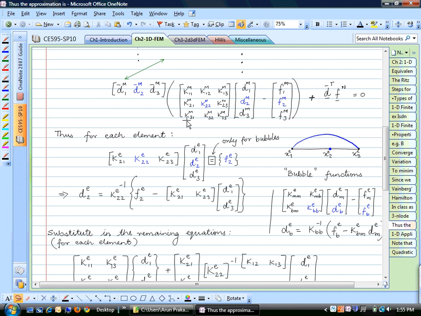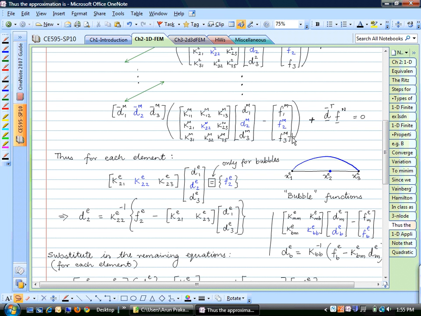So all I've done is exactly this equation, or this contribution, for a general element which has some m main degrees of freedom and b bubble degrees of freedom. Okay, and with the exact same formula that you have here, we can express the bubble degrees of freedom in terms of the main degrees of freedom. So all I'm going to do now is to take this formula and plug it back into each of these element equations. So if I do that, what we get is